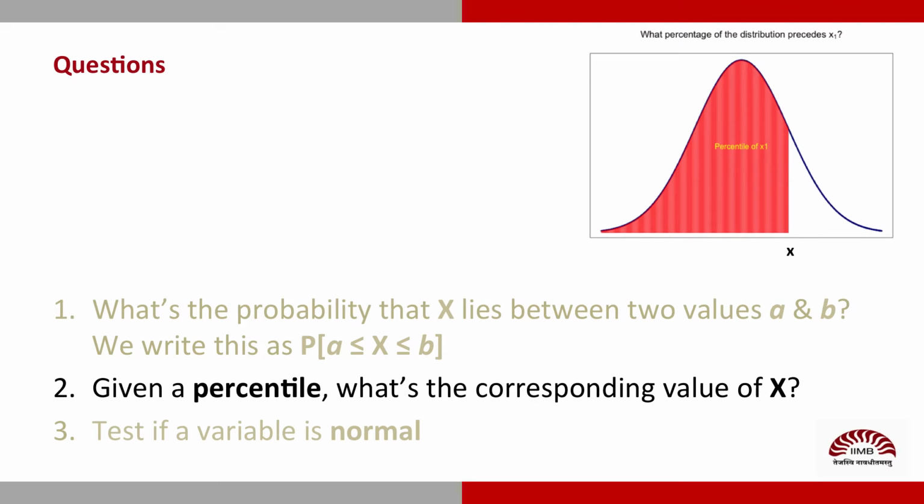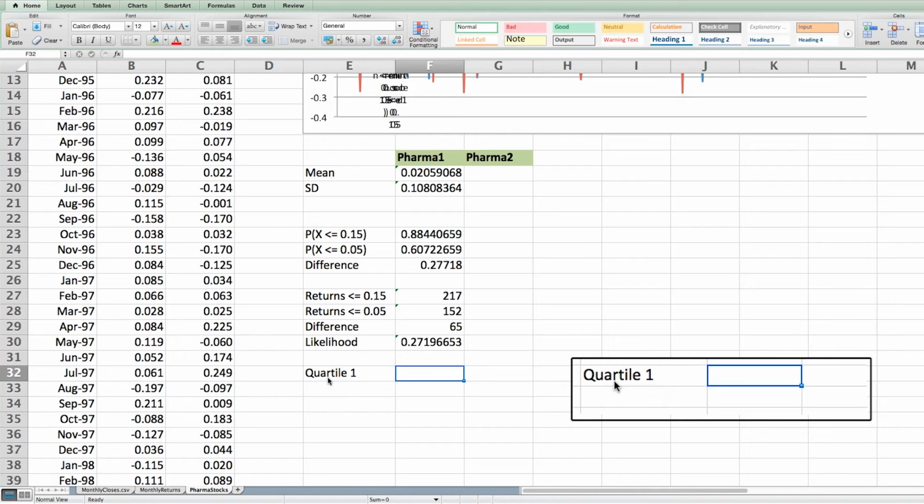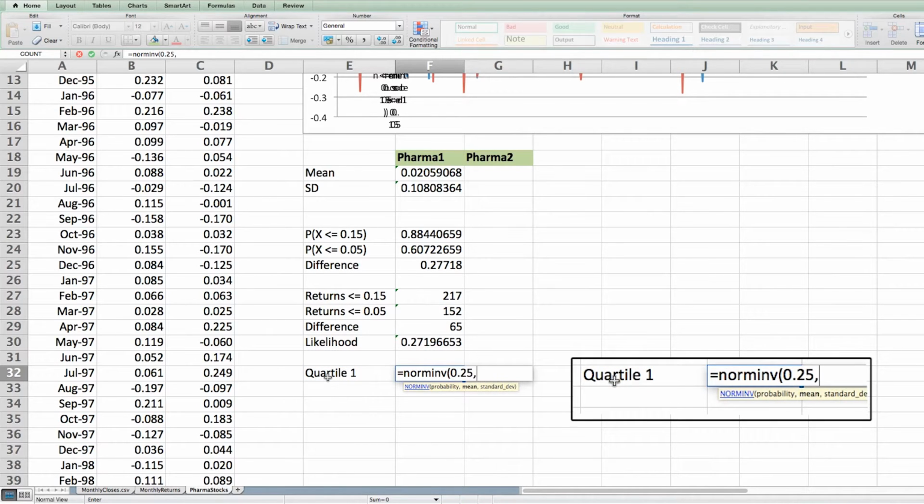Over to our next question on percentiles. Let's calculate the popular percentiles. These are the quartiles. For this, we will use the norminv function on a spreadsheet. Quartile 1 is given by norm inverse of 0.25, which is the corresponding probability, the mean, comma, standard deviation, giving